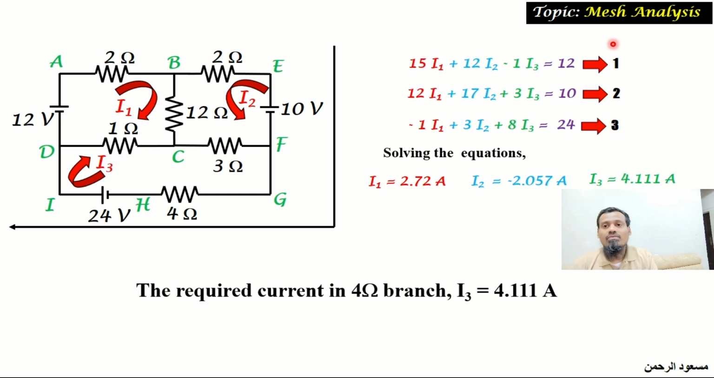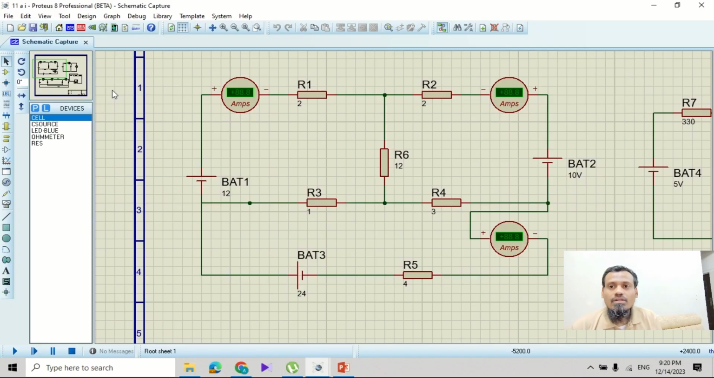As usual, we will plot the same circuit in Proteus and check what is the current actually flowing in the 4 ohm resistor. So to reduce the length of the video, I have already drawn the circuit with only one insertion, that all the loops have an ammeter inserted to read out the currents I1, I2, I3, and just run the simulation. So this is the loop current 1, I1, and this is the second mesh current, the second loop current I2,